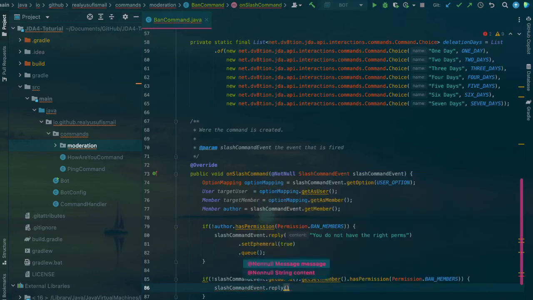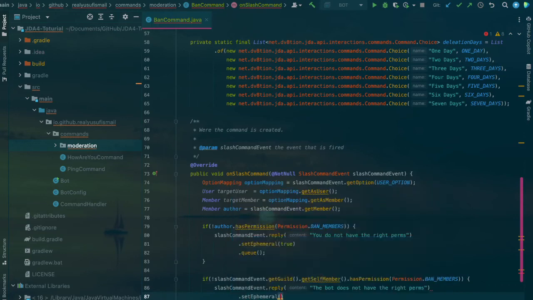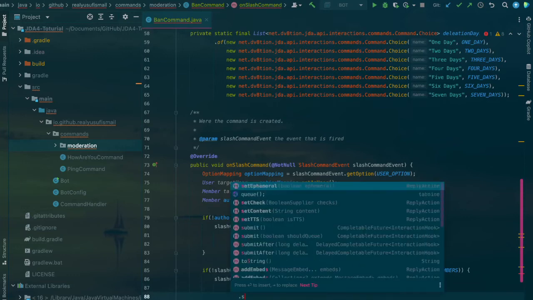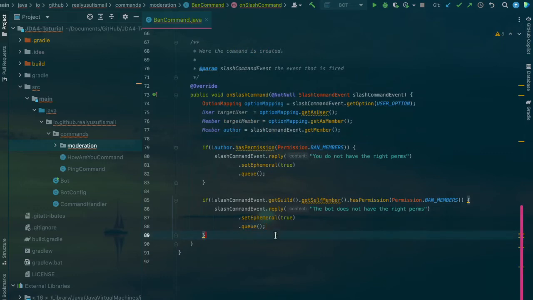Reply the bot does not have the right perms. And then you set this as info true. By the way, this is the basics of the ban command, so not really a lot of complex stuff in this. It gets more complex when you want to do more complex stuff. So once you've done that, now if you check both permissions and slash commands, now you want to check if